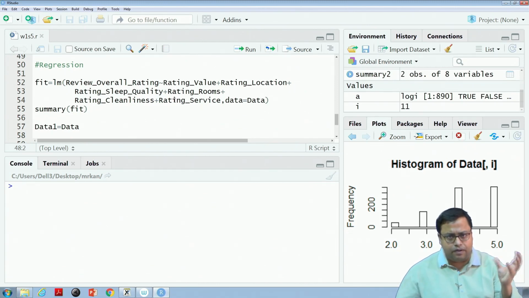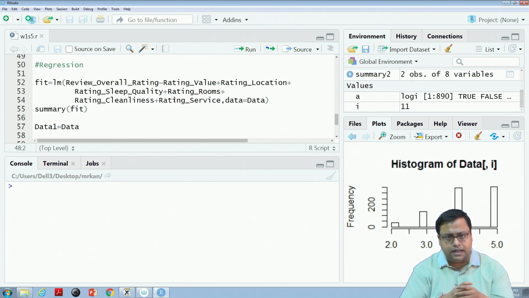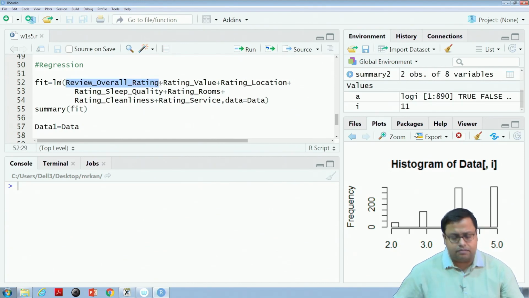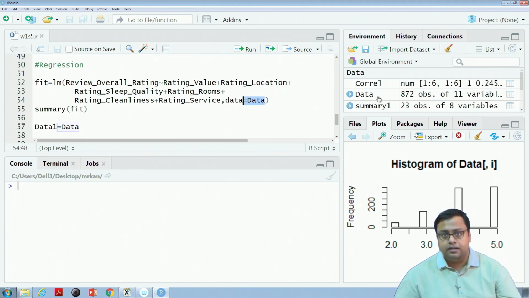Fit is the object where all the results of the linear regression get saved, and fit is equal to lm, which stands for linear model. Within brackets is my y variable, review overall rating, then tilde, and then x1 plus x2 plus x3 up to service. So, all the aspects I just write down, and data is equal to the data set name, which is capital DATA, coming from here.